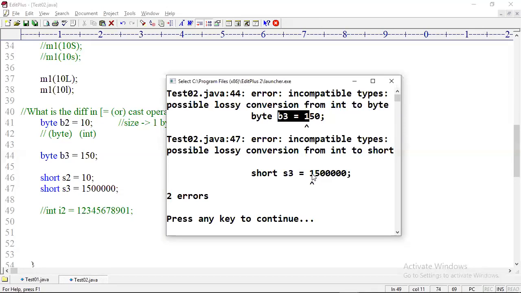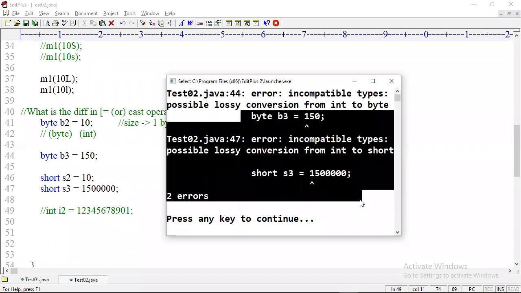Understand, very important. This number is of what type? Integer. It is in the range of the int data type. By default, it is int type. So the number is valid, but it cannot be stored in short, because the short range cannot hold this big number. Everybody got clarity? Yeah?